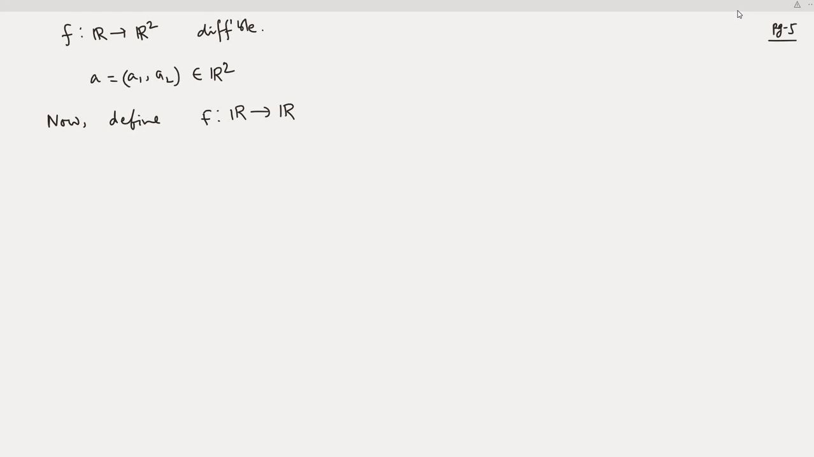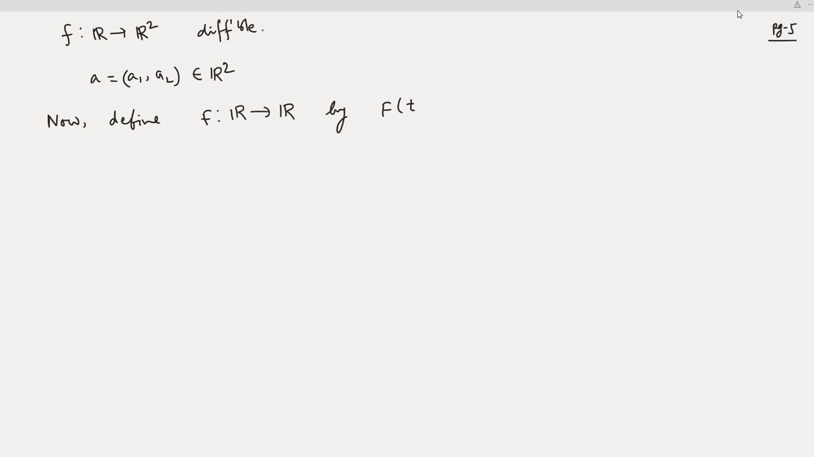So now let f be a function from R to R2. Suppose this is a differentiable function, and a equal to (a1, a2) is any point in R2. Now we define big F from R to R, a real valued single variable function, defined by